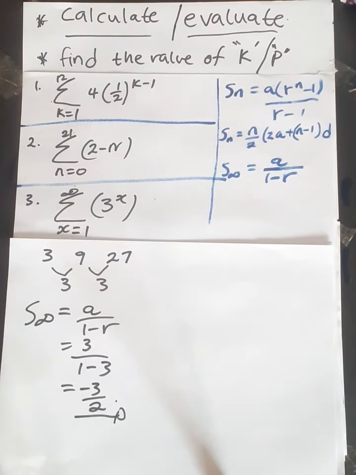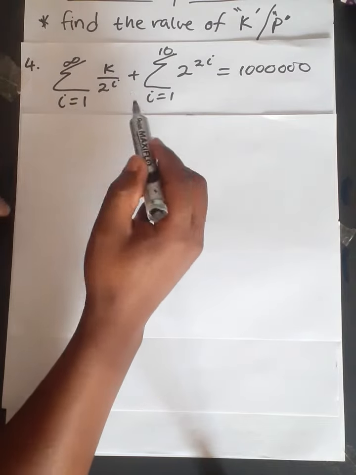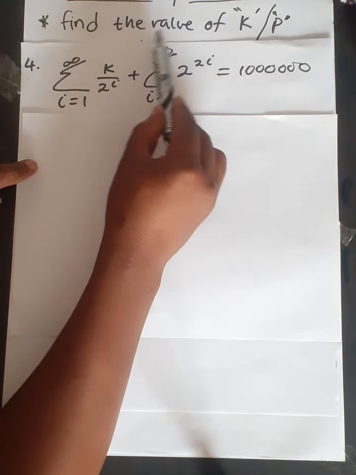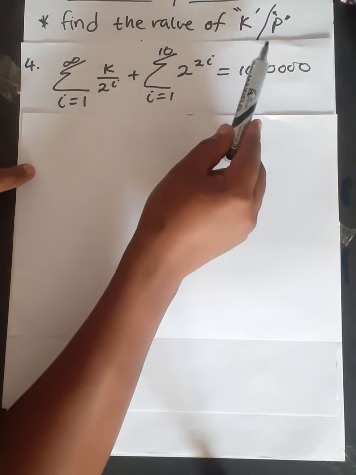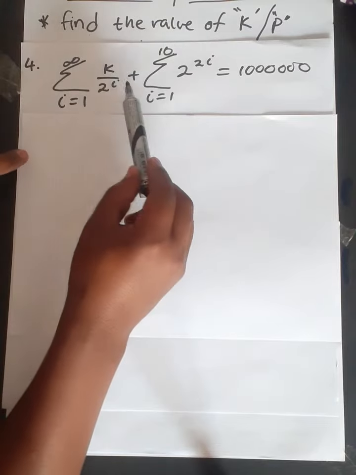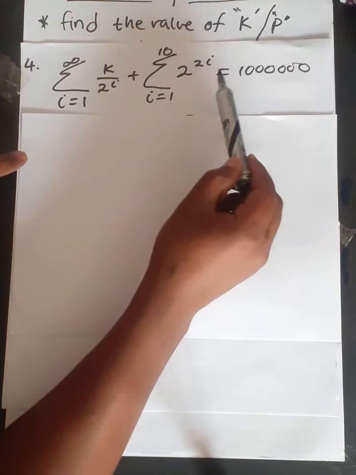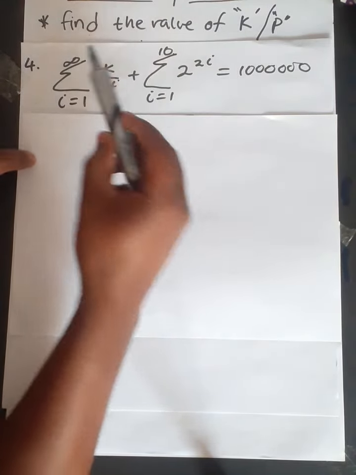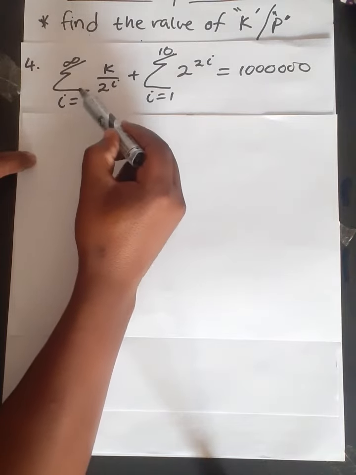Okay, so let's go to the next one. It says we should find the value of k or p. Let's do it, because we have k here. Right? We see that here we have an equation. We have a sum because we have an addition sign. This is when it equals something. You see, as there is a sum sign,